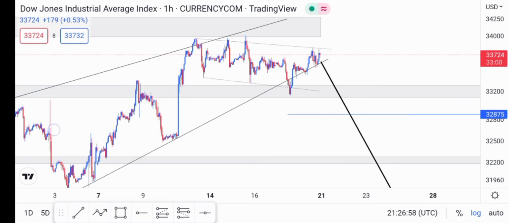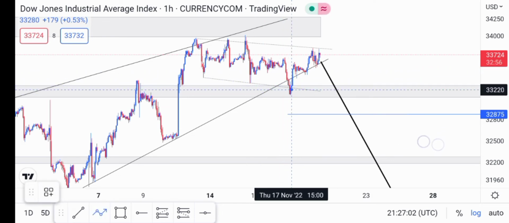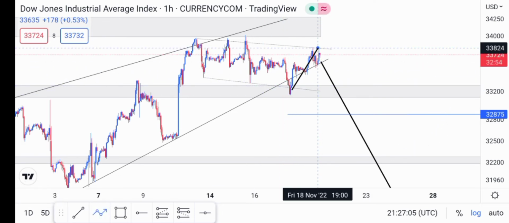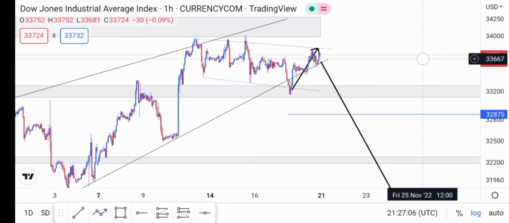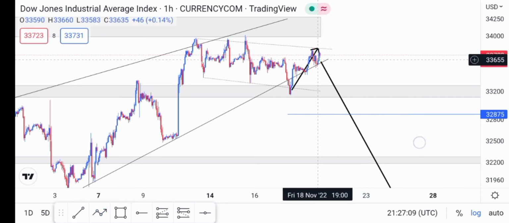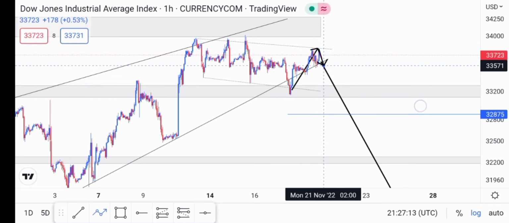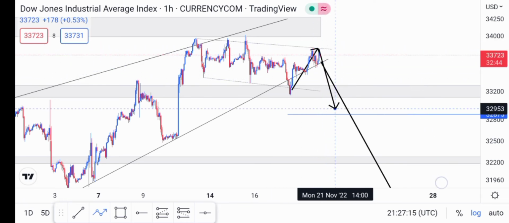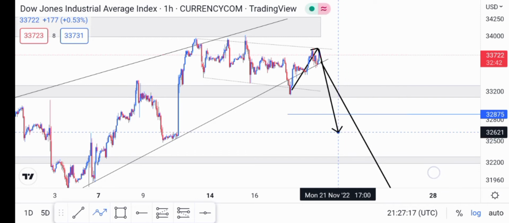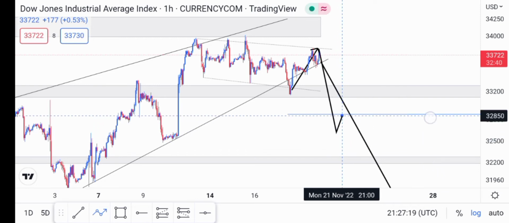So you could see that we have a touch right over here, and bear in mind we are still inside this wedge right over here, so we could see a potential breakout from this point. After this touch, a push to the lower side. And if you see a move like this, then just know